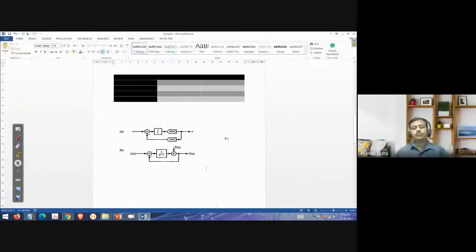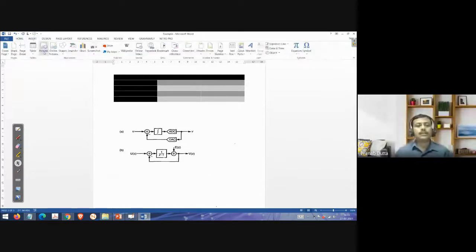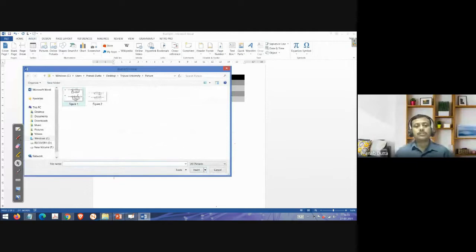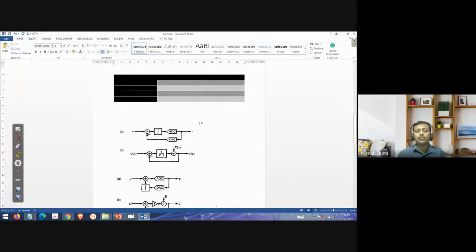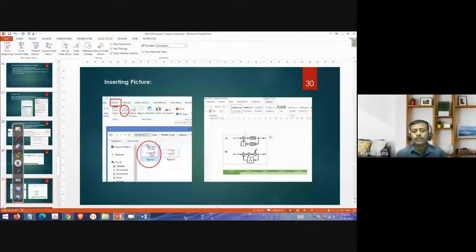Right? I have inserted this picture. Okay, so where you are, just put the cursor there. Suppose I want another picture there, insert picture. Suppose this picture also I want here. Okay. Both pictures are there. So this is the simple way how to insert. And there is another way also: you open the picture, select it and paste it, that also you can do. That is what I am showing. Insert picture, select the picture and press the insert button, then it will be placed in the Microsoft Word.